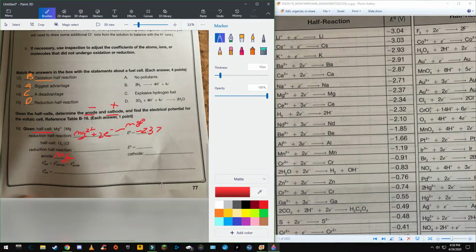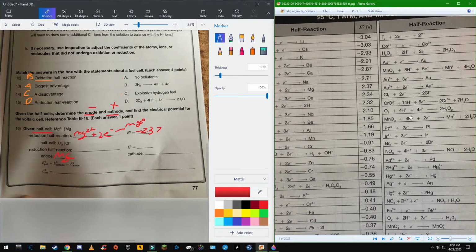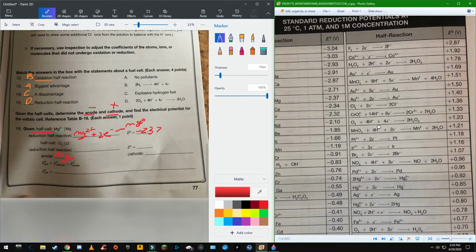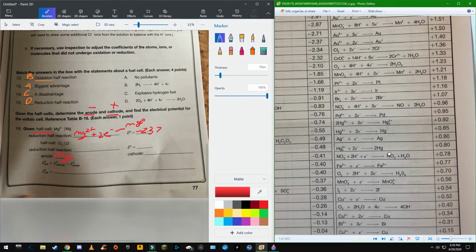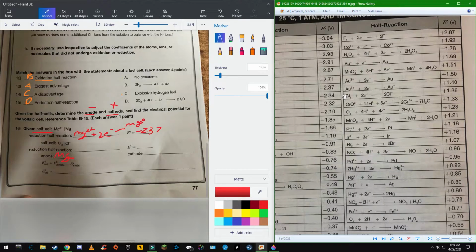And now we can determine our cathode. So we see chlorine, right? See Cl2, and it leads to Cl negative. Now, if we can assume there's going to be a cathode and an anode, we need a positive one to this, right? So we can look in the right column maybe, and there it is right there. Cl2 turns to Cl negative. So we get Cl2